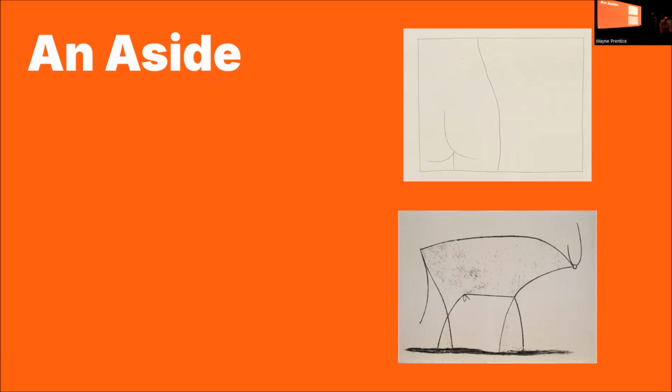So those of you who are information theory fans, I would love to, we can come back and talk about what's basically in that image, and it's nothing. But it's a butt, right? And the same thing with the bull. It's like, no, it's a bull. It's not. This one's a little more codified, right? This one you might need some cognition to understand, but that one, the butt, you don't need.